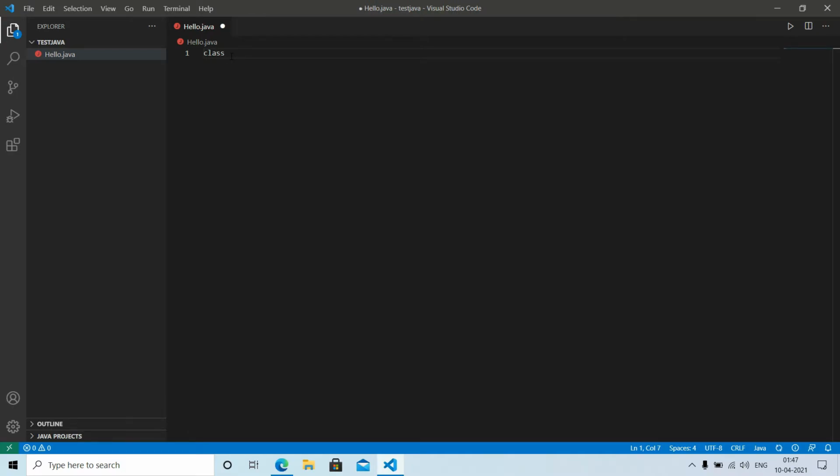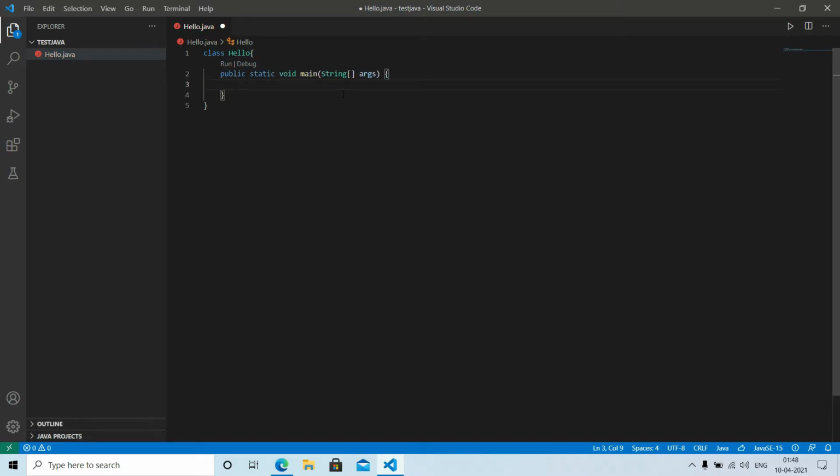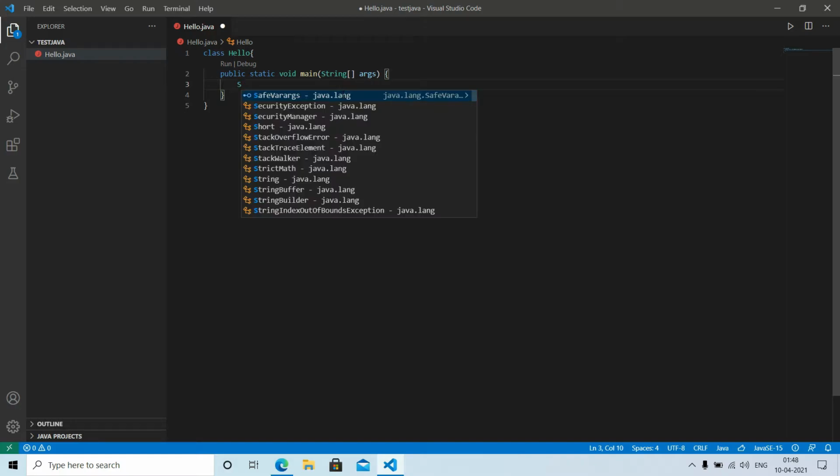Just type the class keyword and type hello. Okay, so our class is created. I'm already used to using shortcuts for Java in VS Code. You will also get it as time passes.